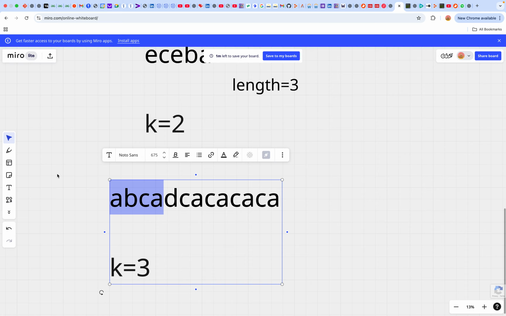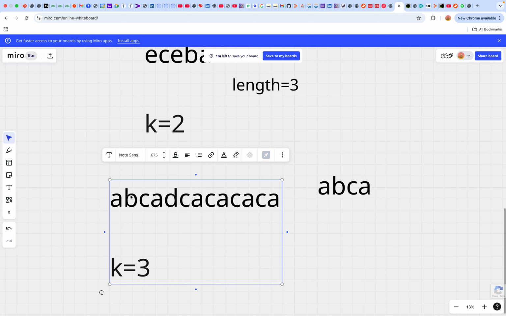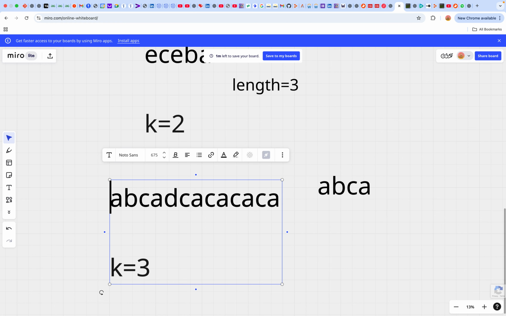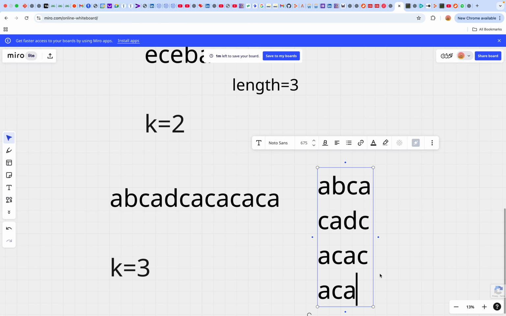So you take only ABCA. This is my first string that consists of 3 distinct characters. Let's proceed. I'll take the next letter, B, C, A. Okay, B, C, A is the next, which is 3 letters, and I'm not including that. Then comes C, A, D. Okay, CAD means there are three characters. C is again included. A. Okay, this is another string which I have got,